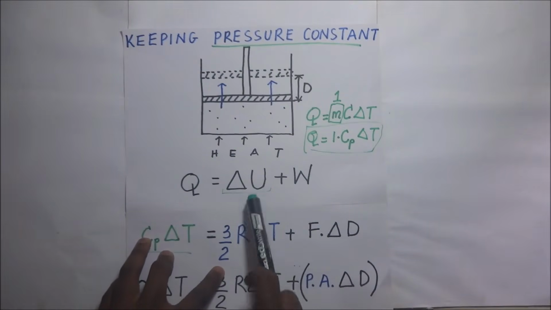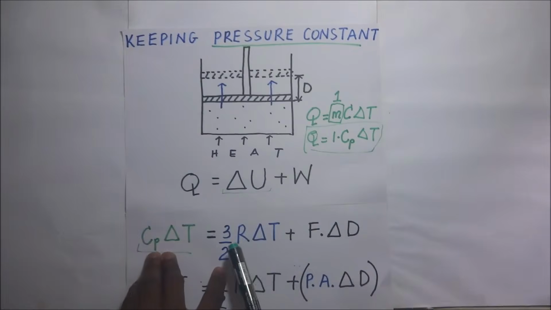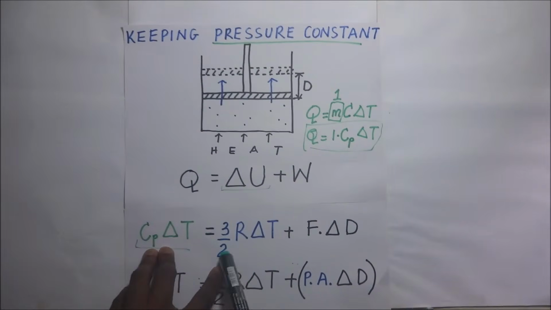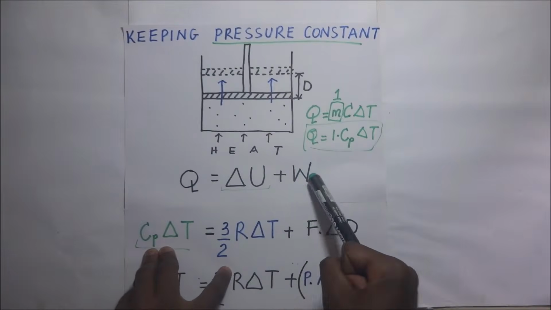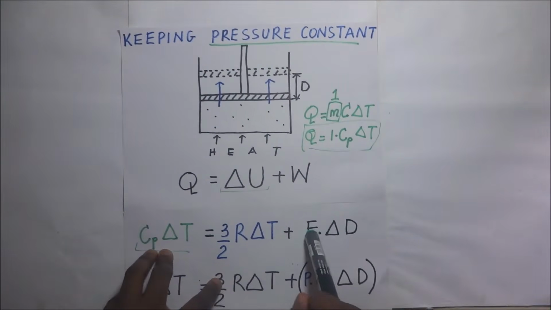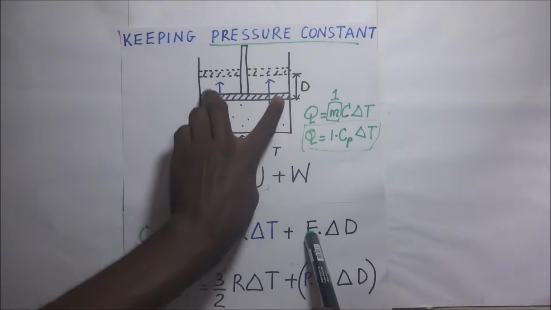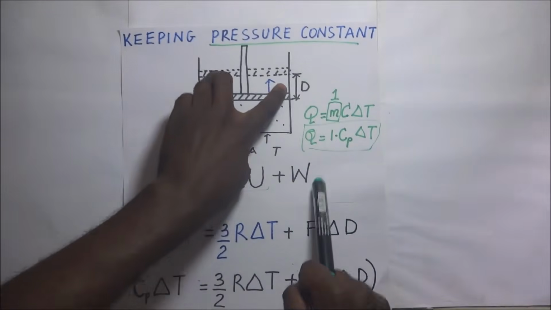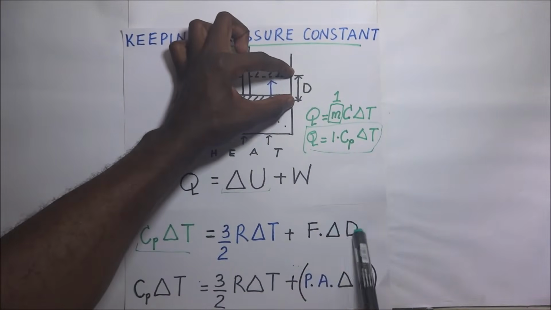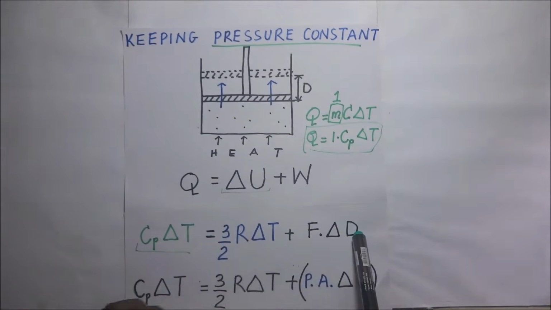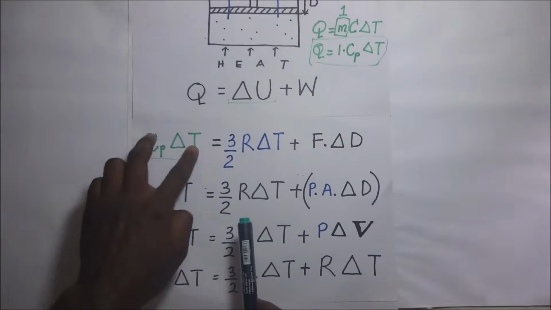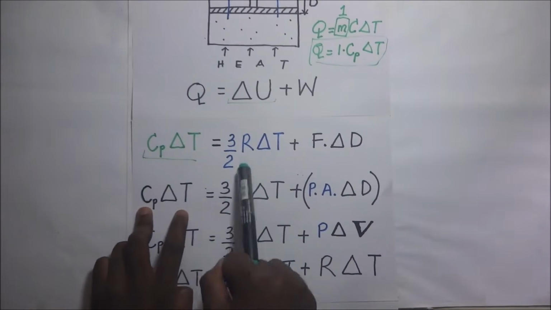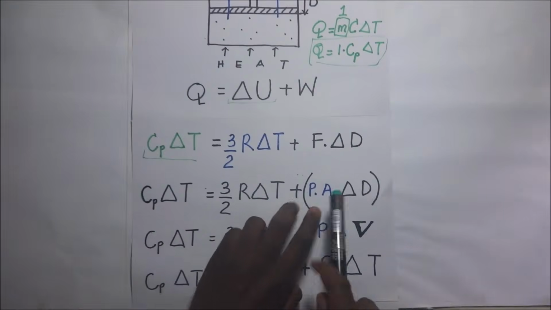So it's going to be the change in internal energy, which is 3 over 2 times R times T, plus the work done. Of course, work done is force times distance. In this case, it's the force applied by the piston times the distance covered, which happens to be the change in distance. So to continue from this step, Cp times delta T is equal to that, plus now force